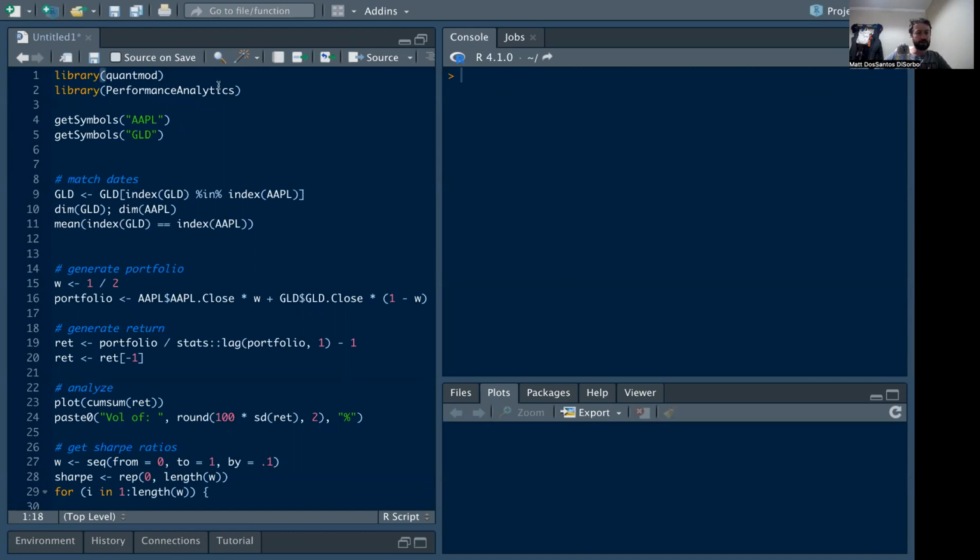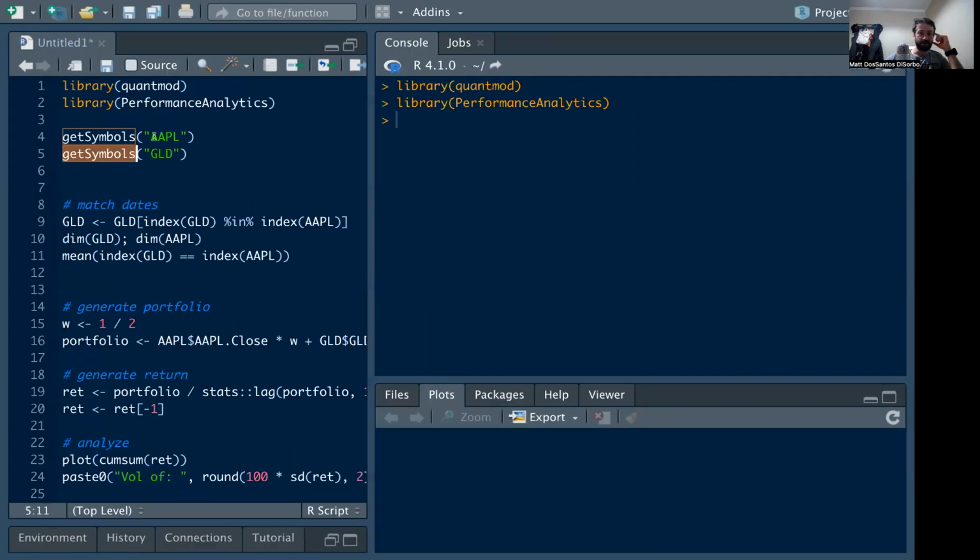So I'm loading two libraries that will be important here. We've talked about QuantMod in a previous video. It allows us to get stock information for a wide variety of stocks. And then this PerformanceAnalytics package, which is really nice because it does a lot of cool financial analysis that we're going to see. But first, we do our awesome